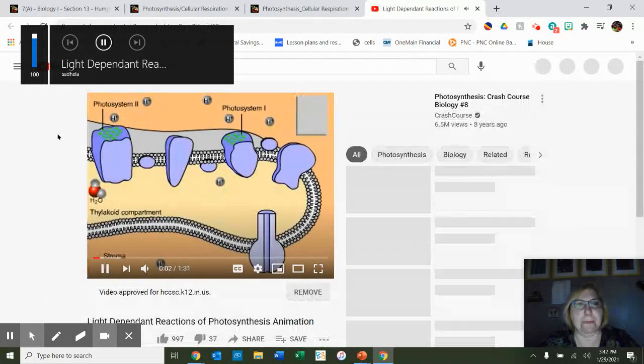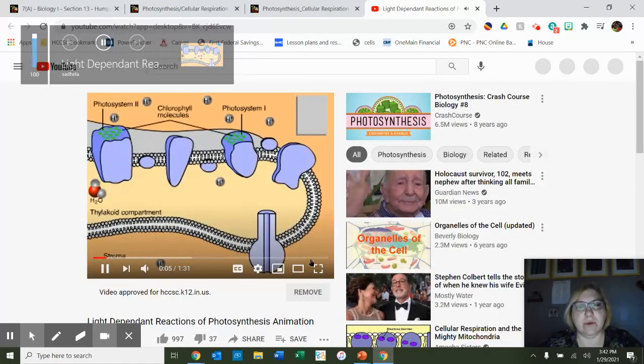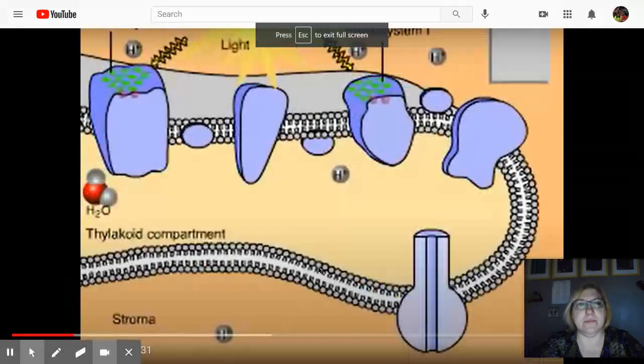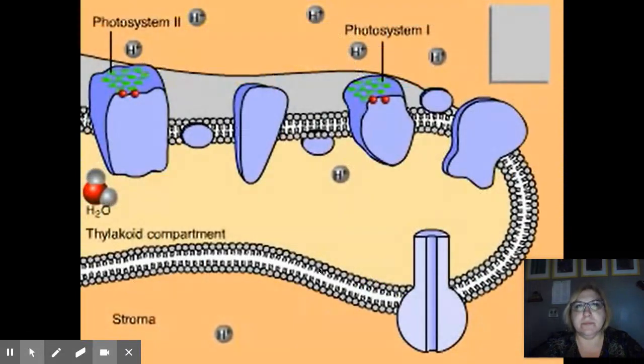Consist of arrays of chlorophyll molecules. Chlorophyll, the green pigment of leaves, absorbs light energy. The absorbed energy excites electrons to a higher energy level. Energized electrons from photosystem 1 are passed down an electron transport chain. Meanwhile, energized electrons from photosystem 2 are passed through